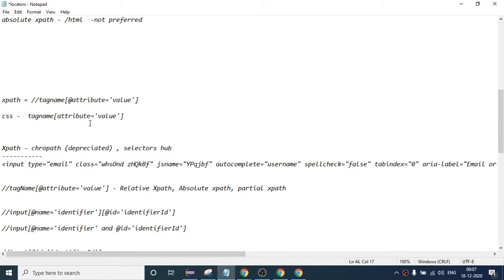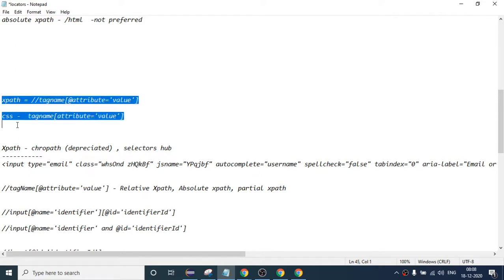So basically many people will say that CSS is very much faster than XPath, right? It has always been a point of debate which is faster, XPath or CSS. In the latest browsers, even if CSS is faster, it will be only a difference of milliseconds, so you will not see much difference. As for where to use XPath and where to use CSS, in my experience, whichever locator you are comfortable with, you can form your CSS or XPath. Or you can also use a combination of XPath and CSS.